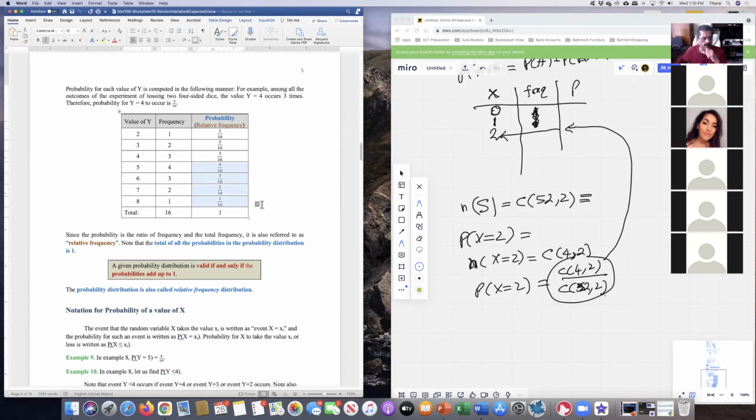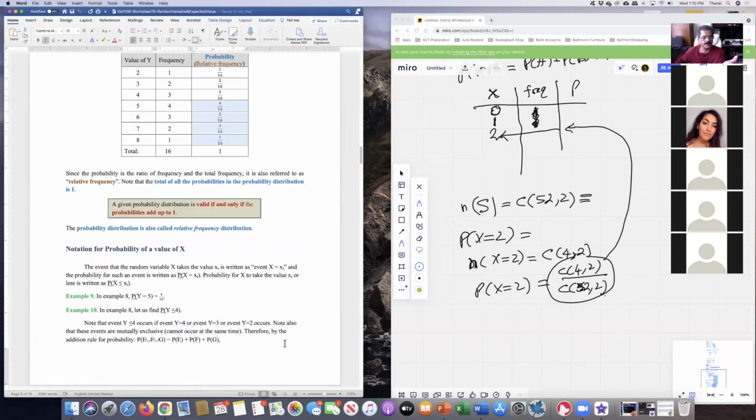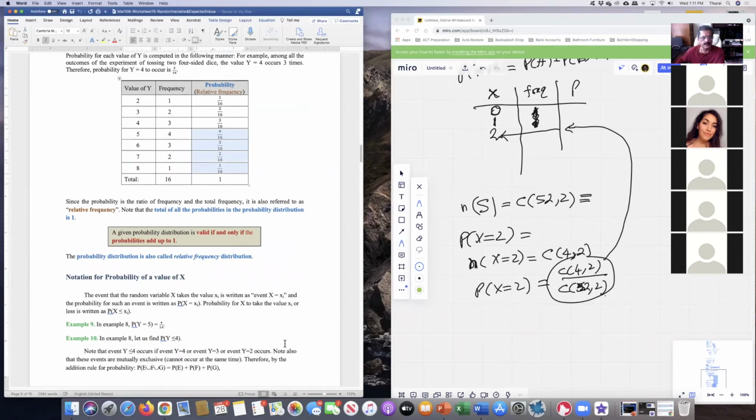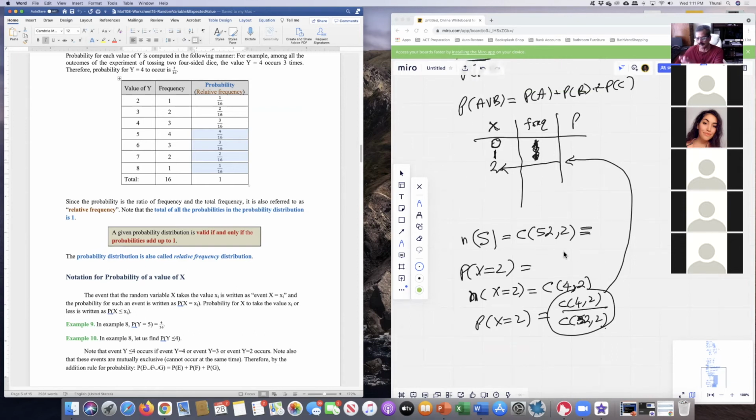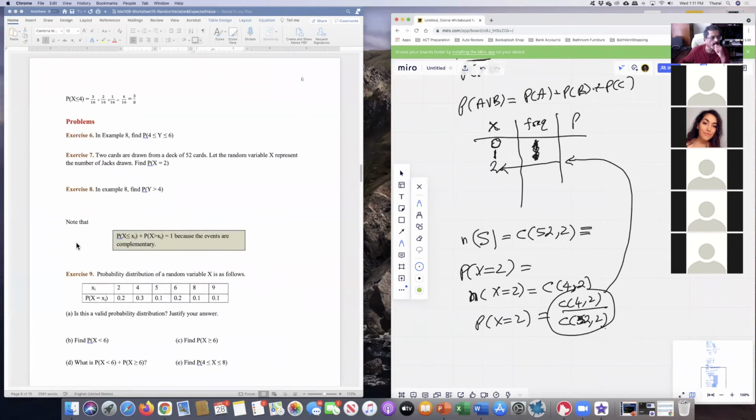Probability for the random variable to be greater than 4 means everything in this highlighted area. You need to add them up. So if you already have this probability distribution list, then you can just add those up. But the probability distribution list for this Scott problem we just did is difficult. It's a very long list. We don't need to go into all of those. Whenever you can answer the question without making the table, you should do that. The table is not required to answer the question. Okay, now let's go to,